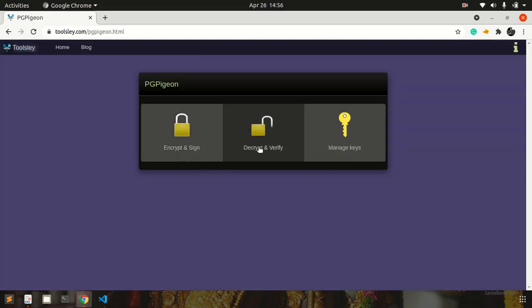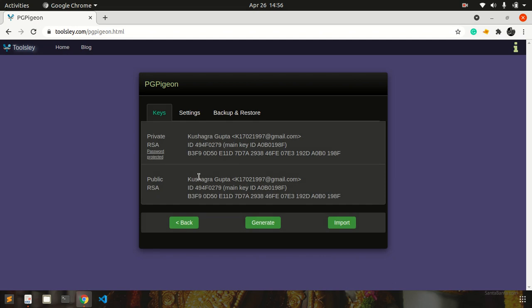In order to send any secret information to someone, you can very easily make use of this feature. First of all you need to generate keys. I've already generated keys beforehand. This feature makes use of the RSA algorithm.